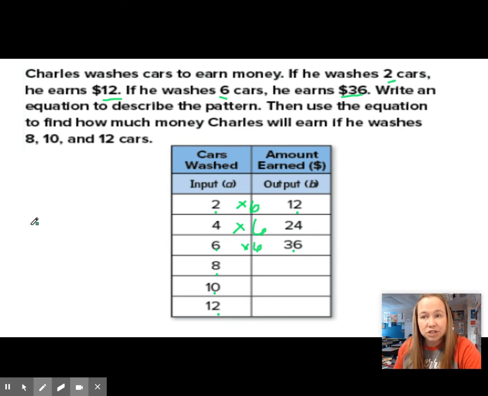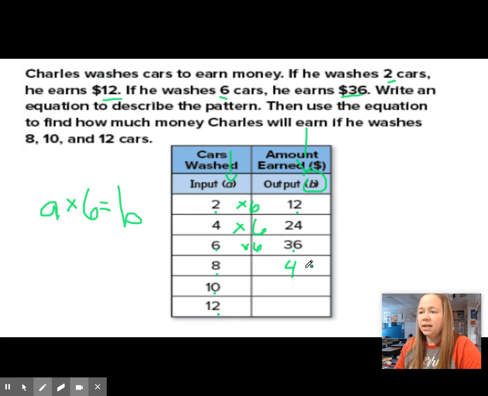Okay, so our equation, A times 6, that's the function on here, right, equals B. Yeah, there's our equation. Okay, now we have to fill in the table. So 8 times 6, 48. Again, these are your math facts. You should know these, but if you are struggling with that, you can use a calculator on this chapter. 10 times 6 is 60, and 12 times 6,